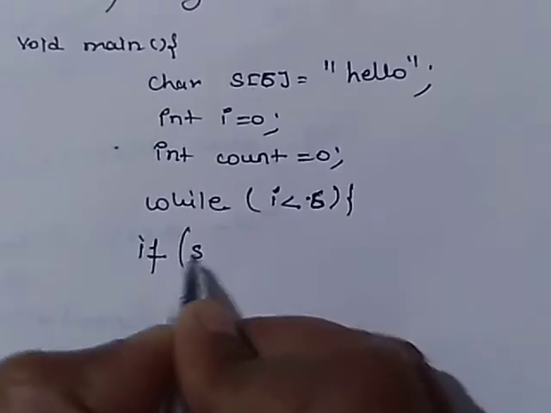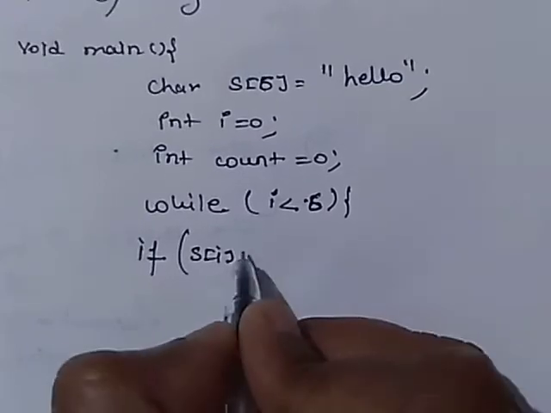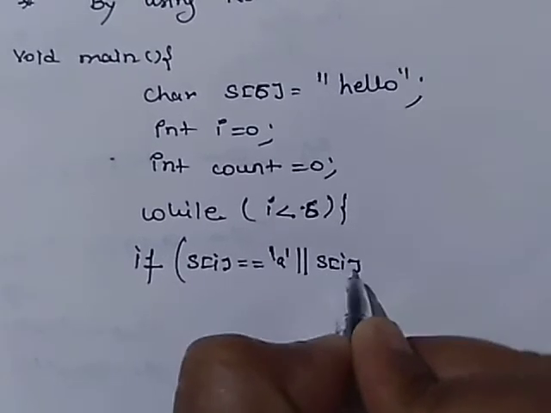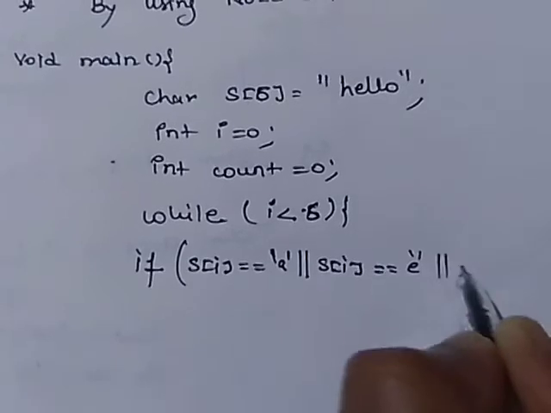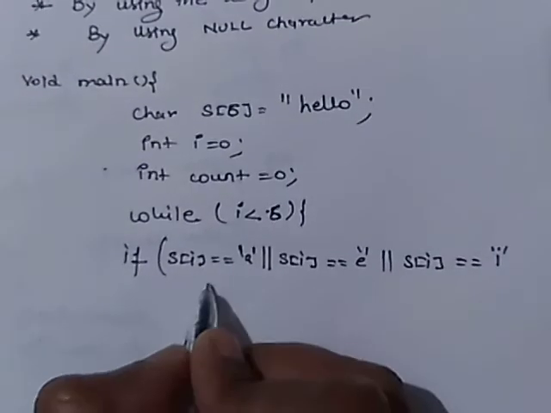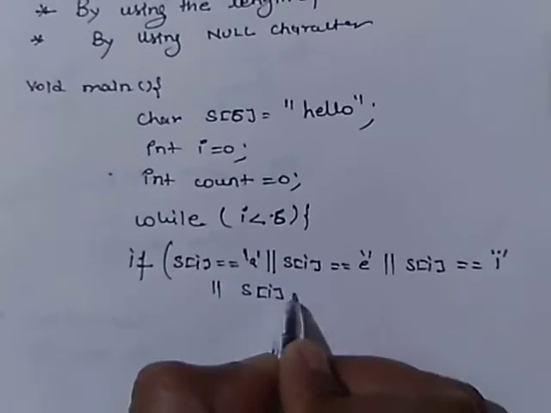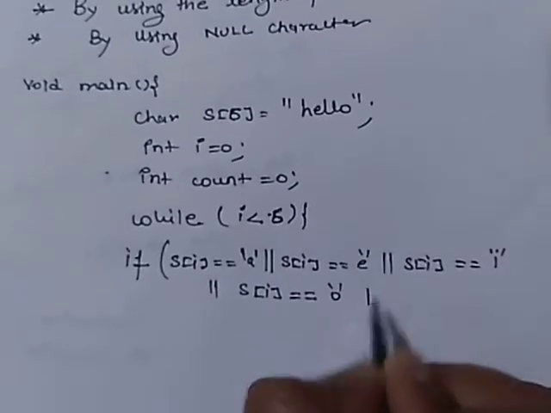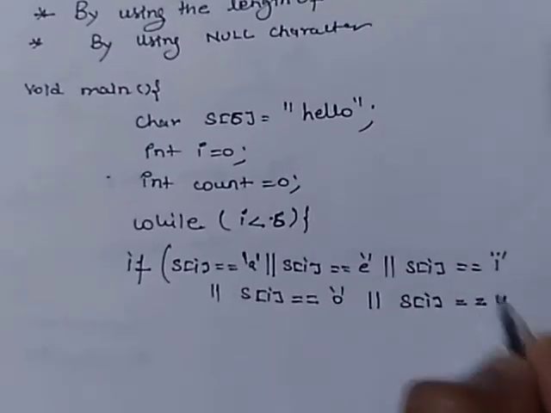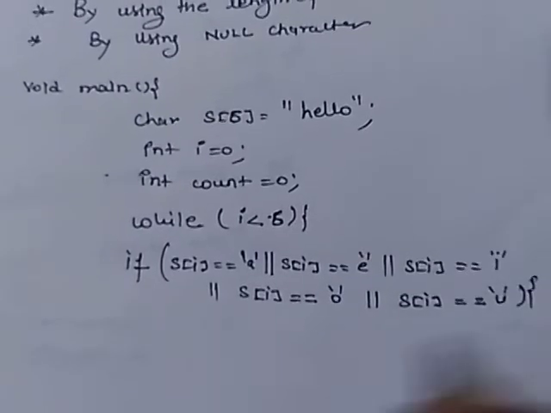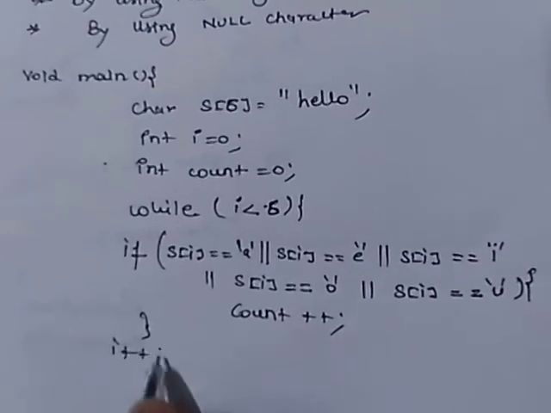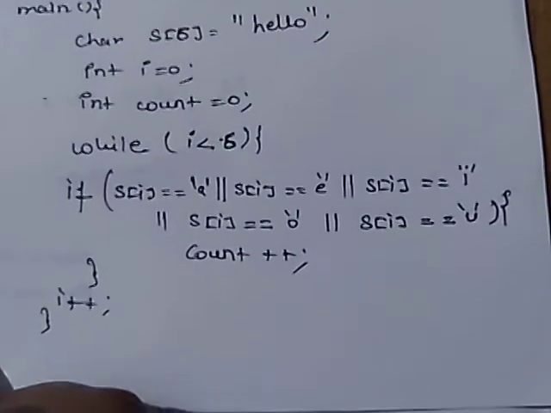an if statement is used: if s[i], that is the character, is equal to a, or s[i] is equal to e, or s[i] is equal to i, or s[i] is equal to o, or s[i] is equal to u, then count++, and increase the variable i, and after that print the value,